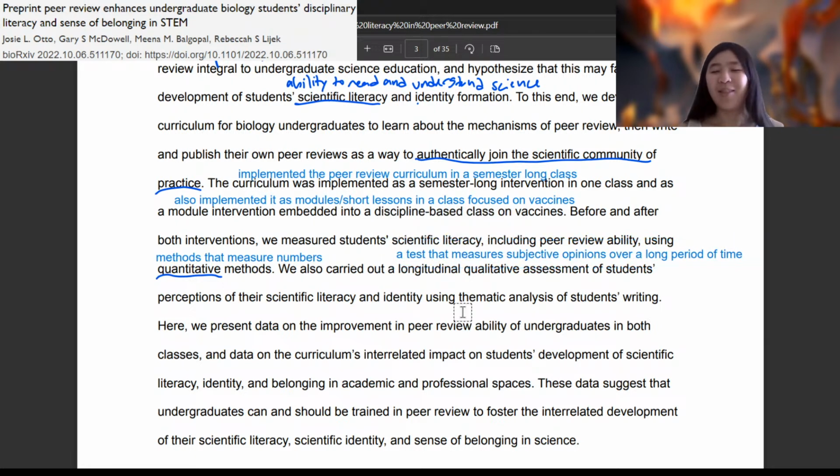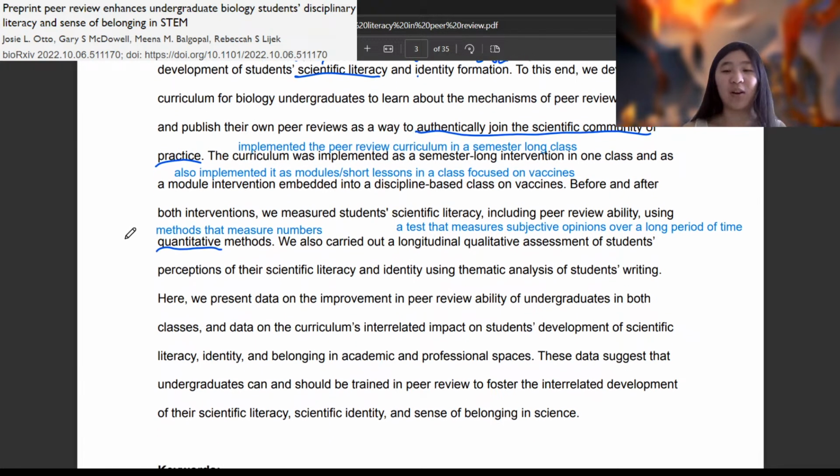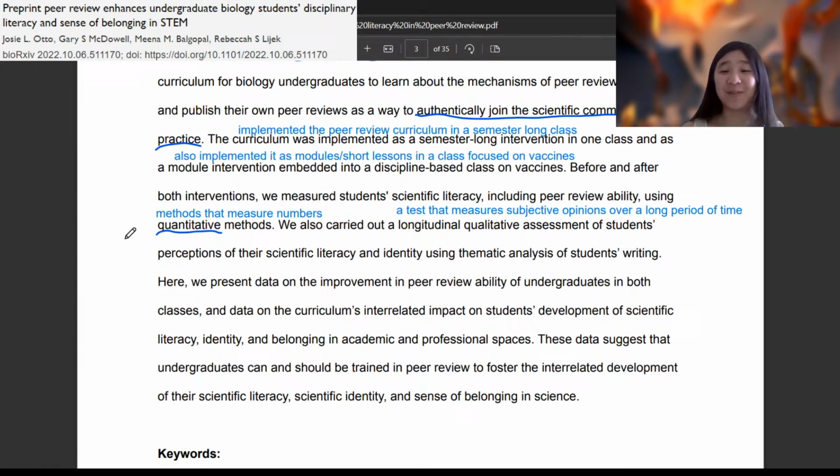Now, the phrase "long period of time" is also a bit debatable in the scientific community. It also depends on what field of study you're in, but generally, usually 1 to 2 weeks is considered short, at least in my opinion. So anything greater than 2 weeks would generally be considered long. But that's just my opinion. There's probably no hard definition of what a long period of time is considered to be.